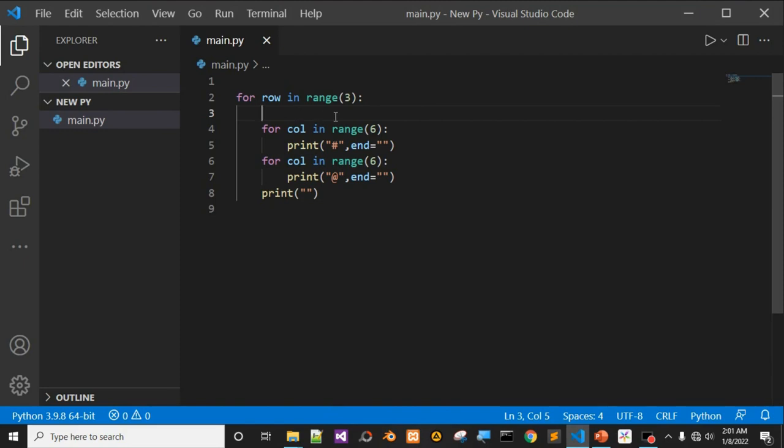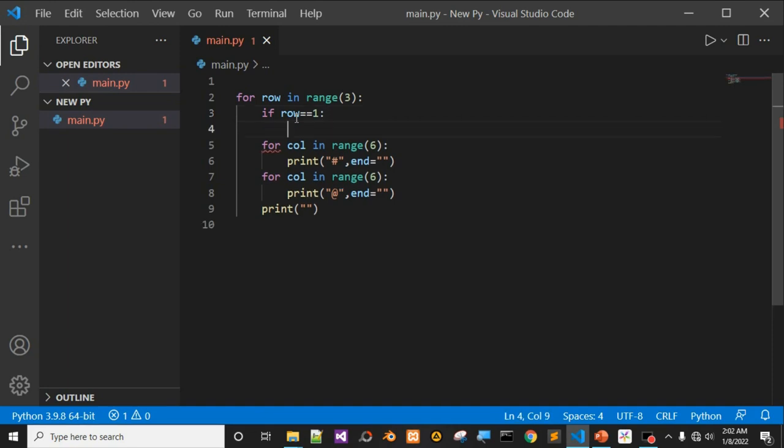I have 3 rows, which means my center is number 2. But I told you iterations start from 0. So to reference it, I'll use an if statement. If my row is equal to 1, since we are starting from 0, which means my second iteration will be at 1, then I'll print here,